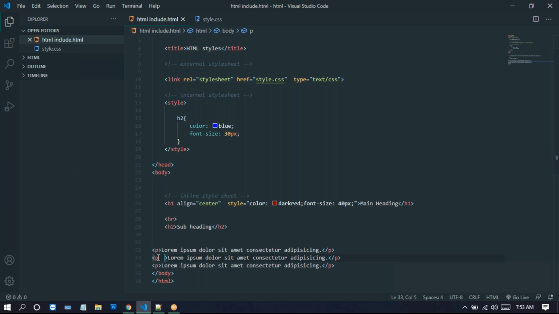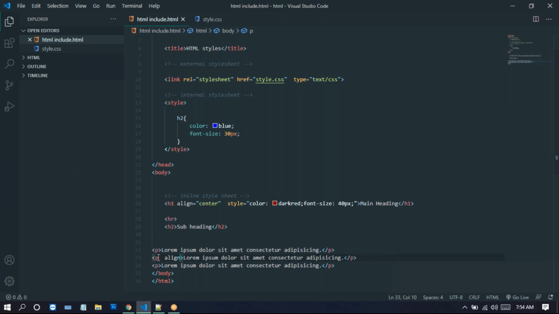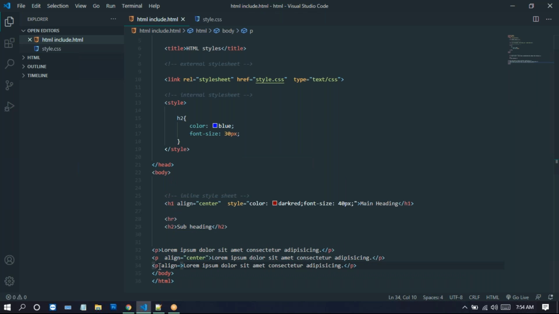For this center paragraph, I'm just applying this align property. So here I'm just taking align equal to center. I'm taking align as centered here. Now I'm taking the last paragraph as align equal to right. So here I'm taking as a right position. If you run this one on the browser,